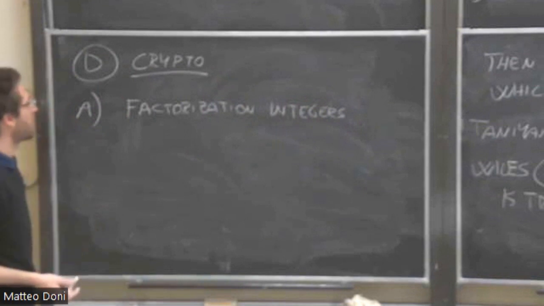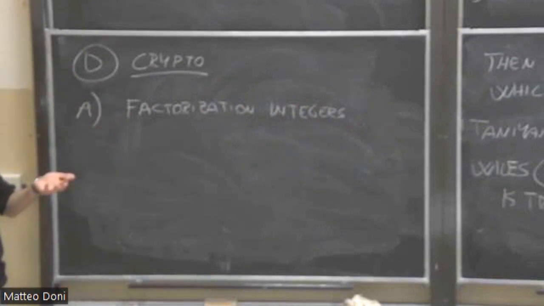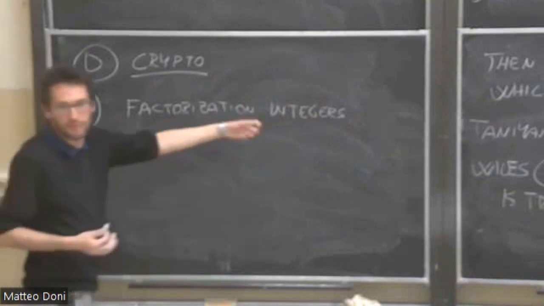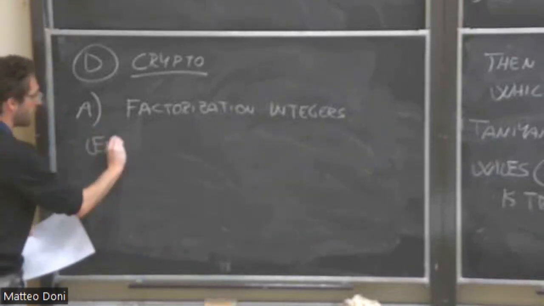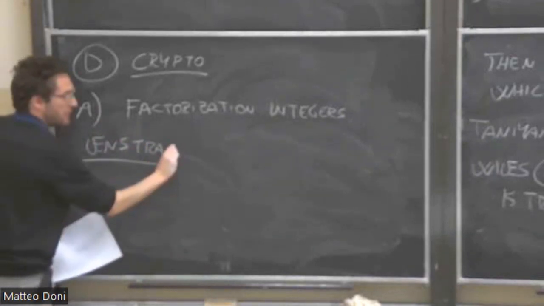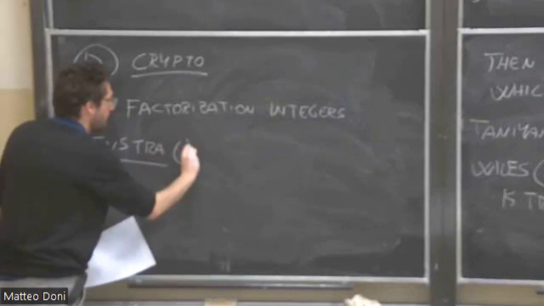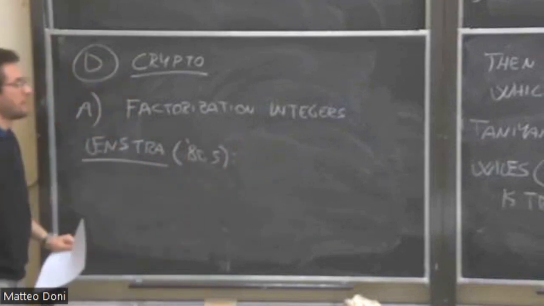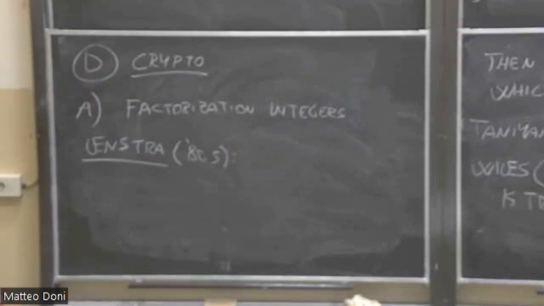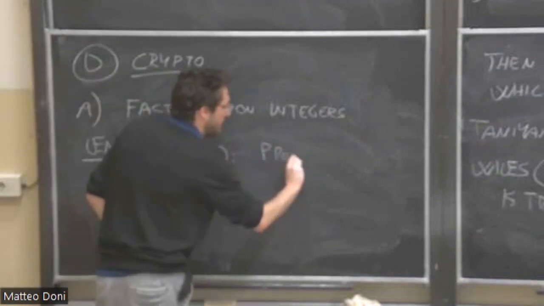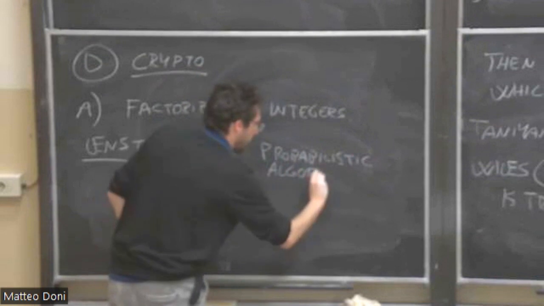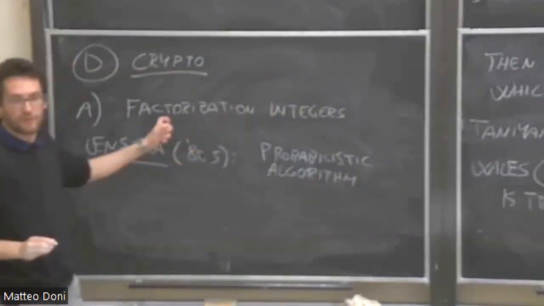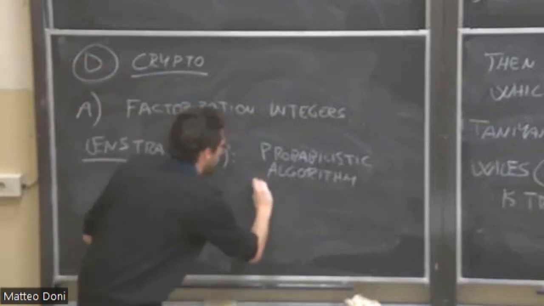I want to mention that there are nowadays a lot of different algorithms for computation of the factorization of an integer. One very interesting algorithm was developed by one of the Lenstra brothers in, I think, the 80s. And I think he was Hendrik Lenstra, yes, one of the Lenstra brothers. He gave a probabilistic algorithm to compute the factorization of an integer, which uses